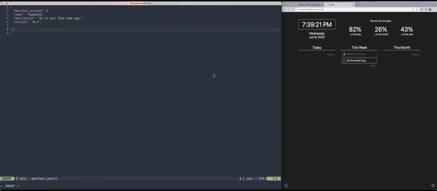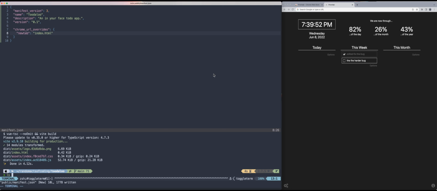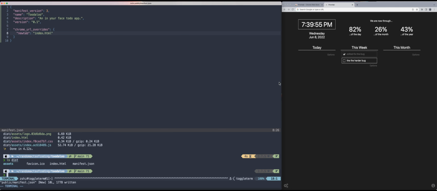And here I'll have to tell it how I want it to interact with Chrome. I can either have a pop-up in Chrome, it could be a content script in the background of a select number of sites. And in my case, I want to override the new tab functionality and override it with the index.html. And this should be enough. Now, if I go in and build the app, in my dist folder, I should see the manifest file,